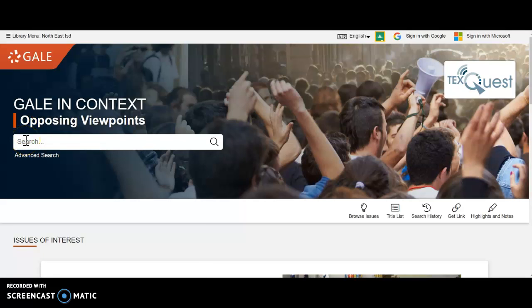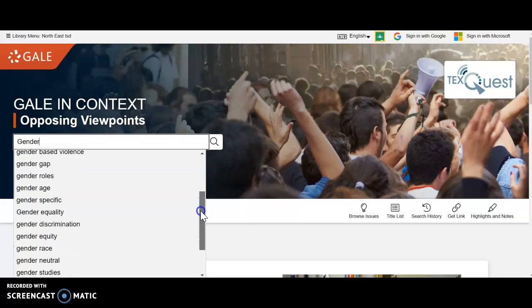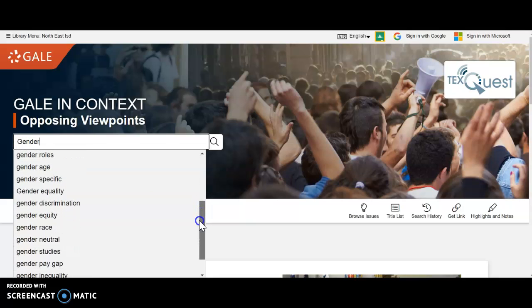As an example for today, let's look up gender norms. As you can see, after typing in gender, several options pop up. These options include gender identity, gender differences, gender roles, gender studies, gender pay gaps, and several others. As you finish typing gender norms, you get a whole new list